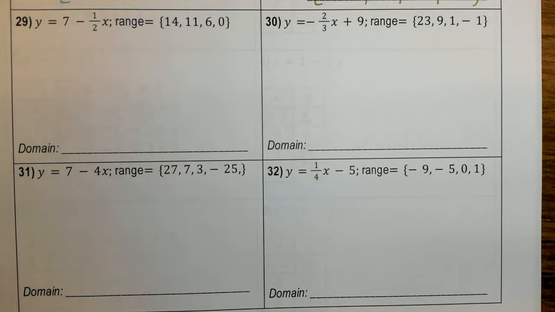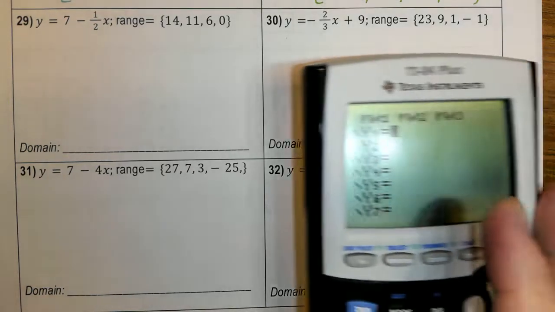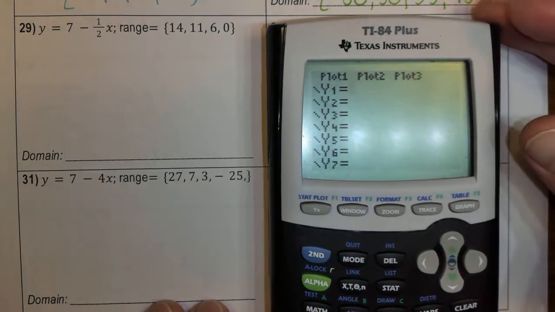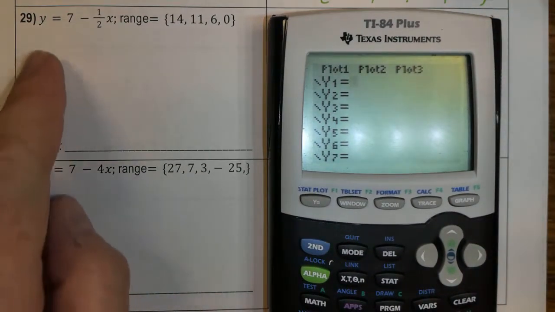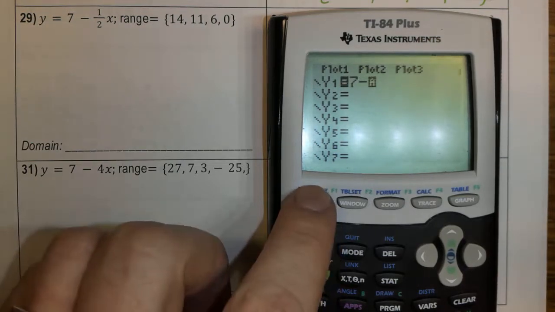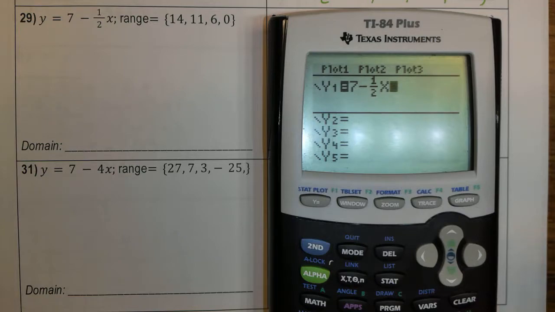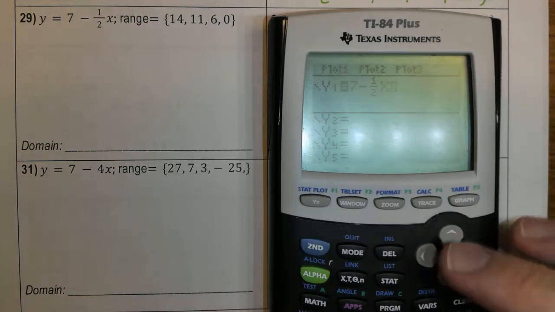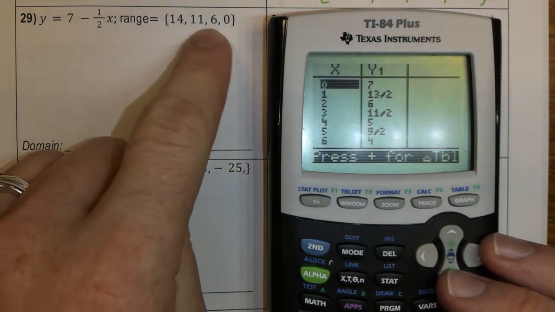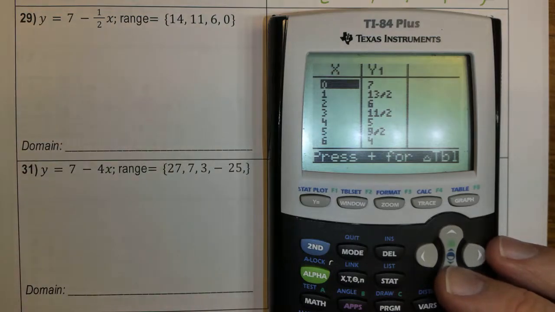That way, if you really want to know, I'll show you on the last one. Okay. So I'm going to type in this equation, 7 minus 1/2 x. Okay, it looks the same. I press second graph,